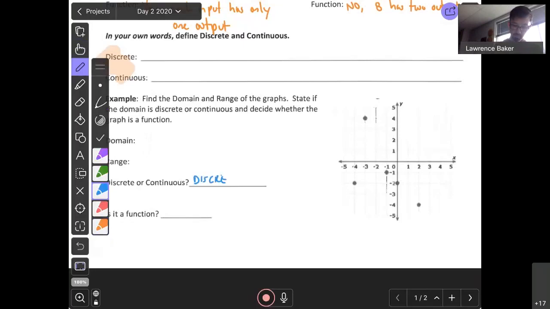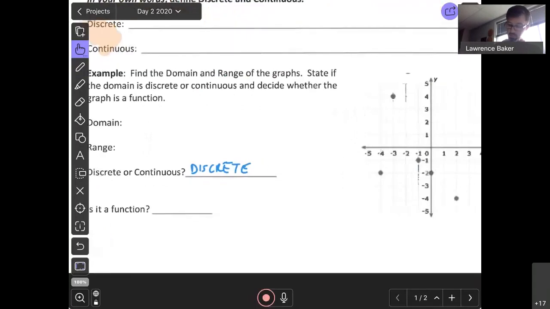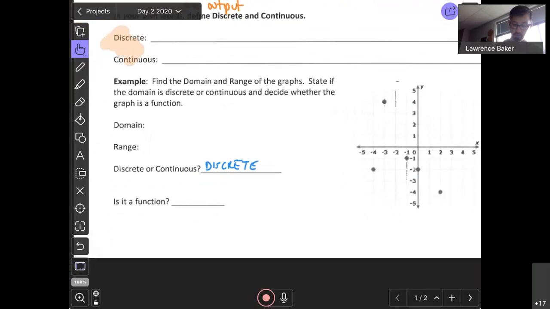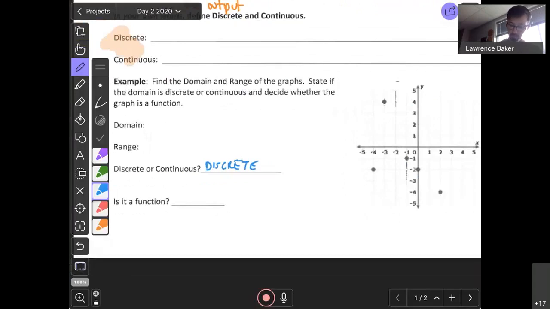So I might as well just get that out of the way, all right? The domain and range for graphs is maybe not as easy with a graph. Domain is X values. So if you're really a concrete thinker, you like to have things written down so you can see them and work with them like that, you might need to say, okay,